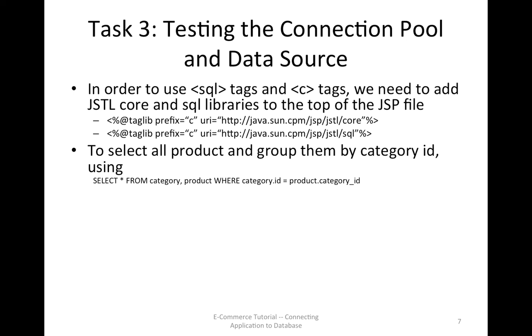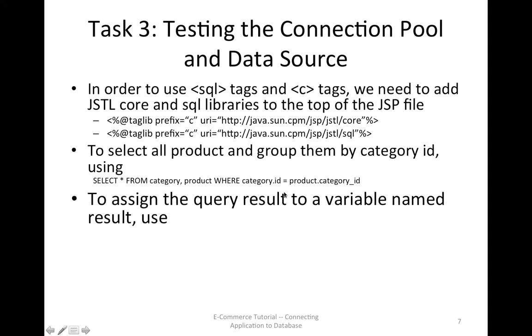To select all products and group them by category ID, we will use this MySQL statement: select star from category, product, where category.id equal product.category_id. If you recall, in the unit where we designed the data model, we said the relationship between the product and the category is that a product belongs to a category. So in the product table, there is a column called category_id, which is a foreign key